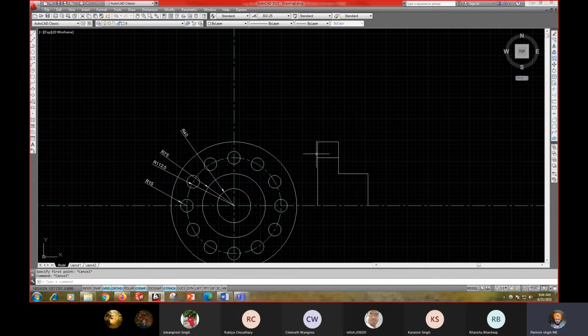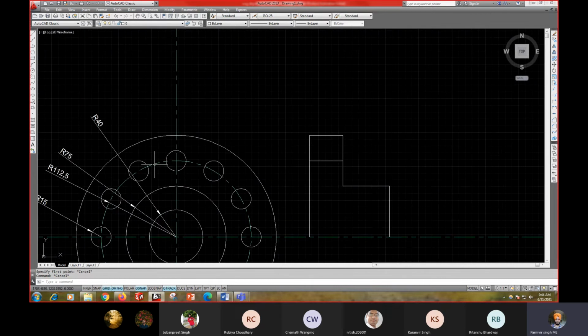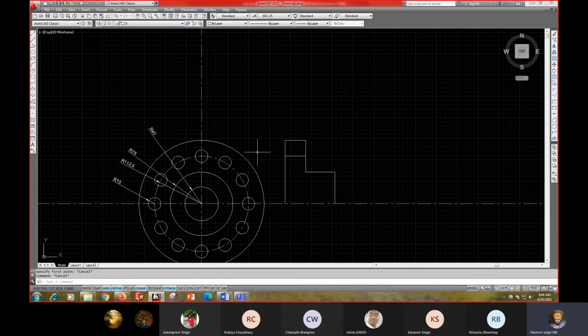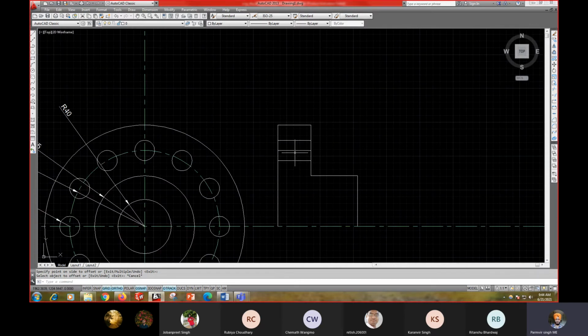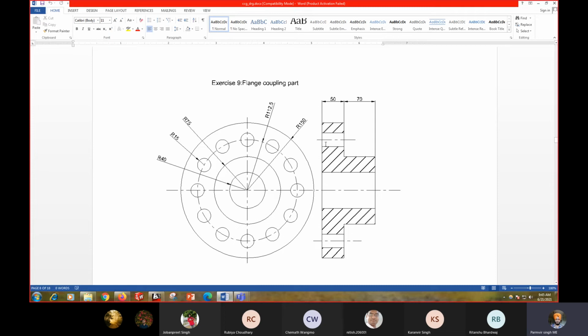Okay, now you have to create another offset of 15 mm. O for offset, give the distance 15 mm, then enter. Give the direction upside, give the direction downside. Okay, and here this is called your center line of the circle, the center point of this circle.